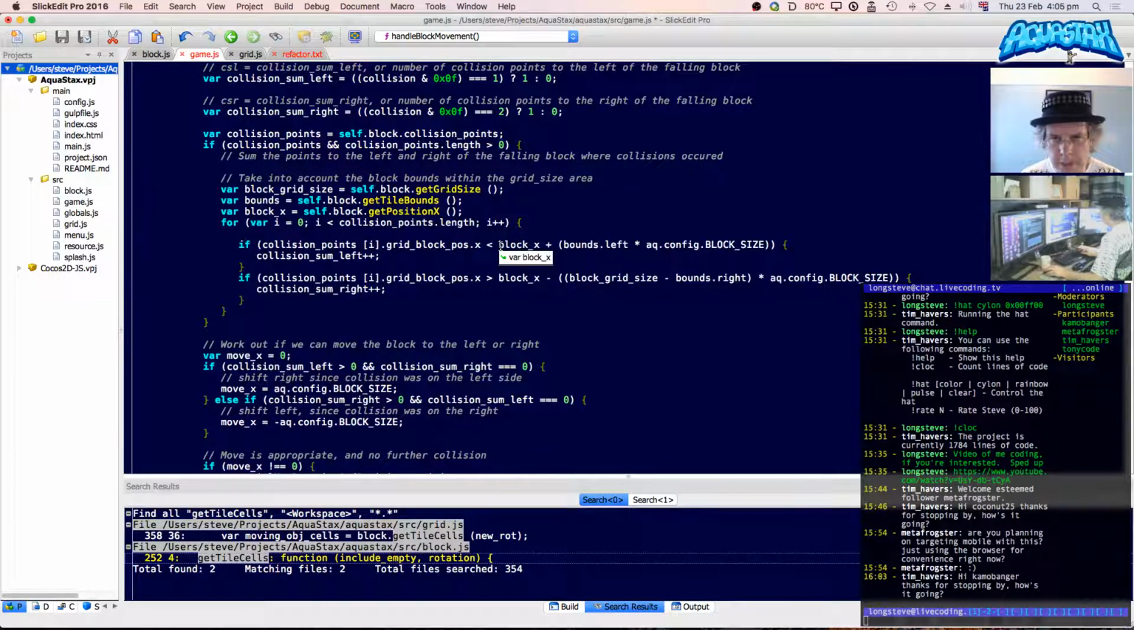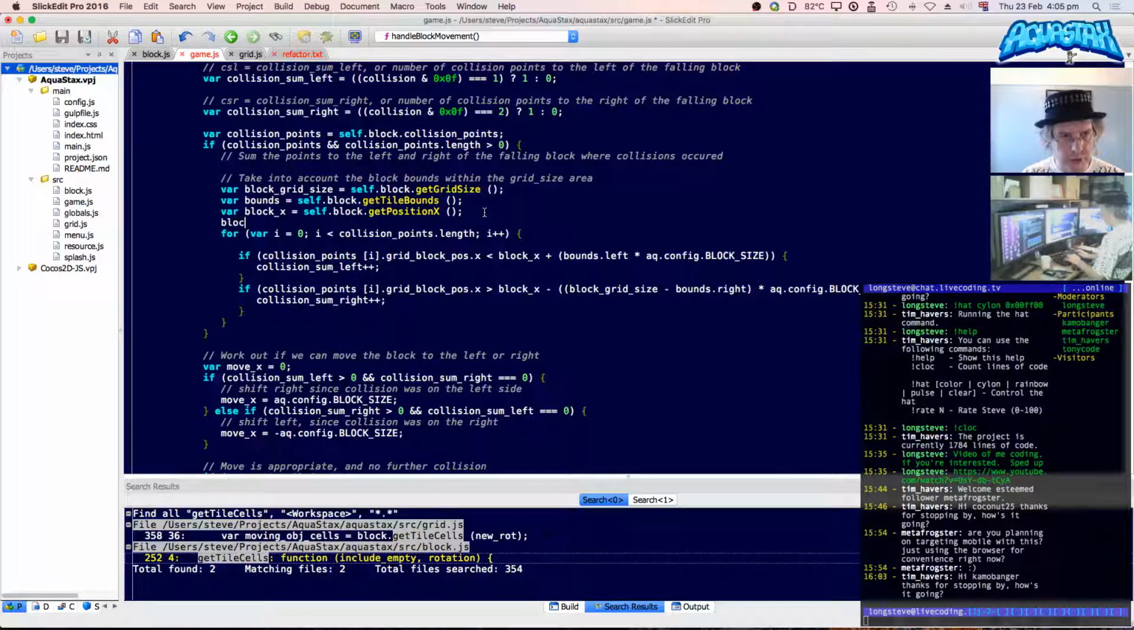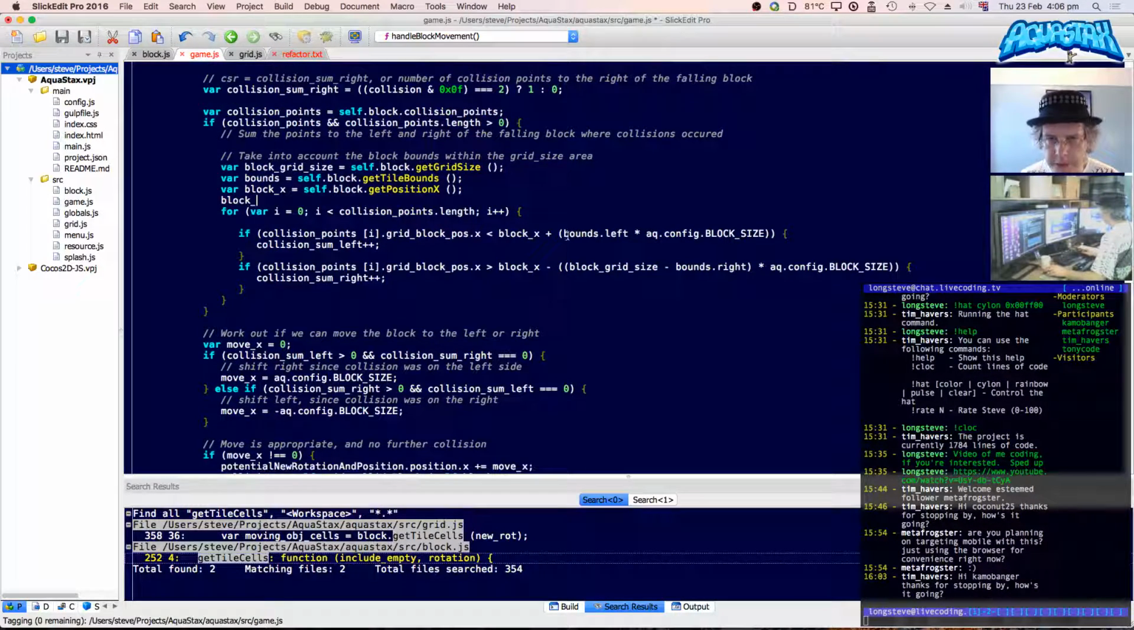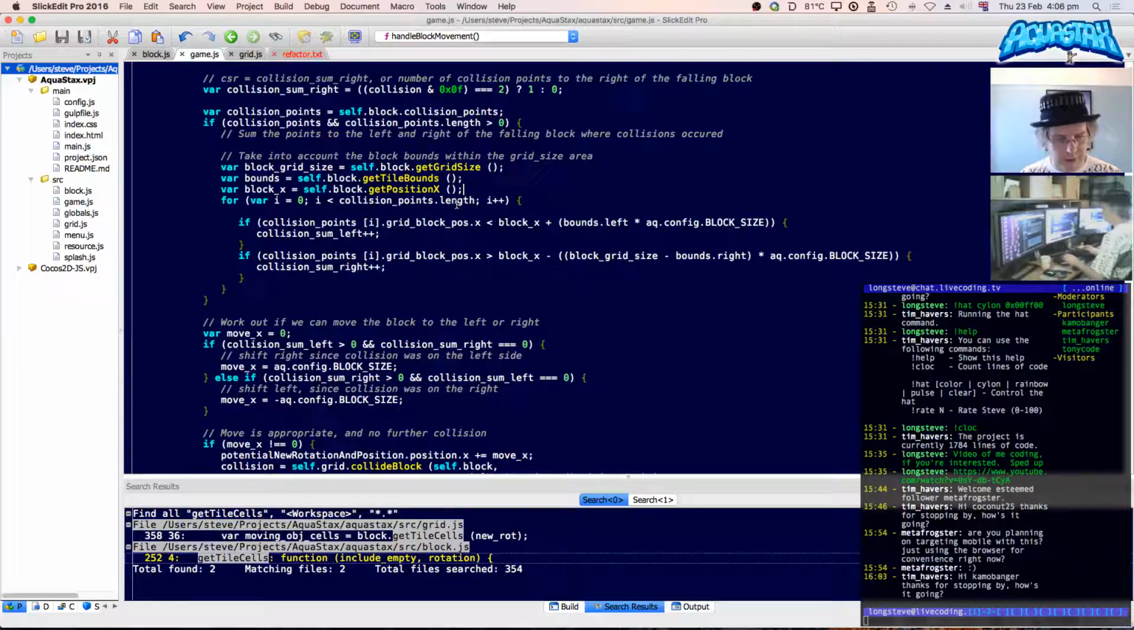Block x dot left bounds. So what I want to do is do block underscore. Actually, no, I can't do it, can I? I was thinking I might be able to just avoid doing this a couple of extra times or more times than I need to. Block x is different when you're testing on the left or the right hand edge of a block, so I can't. Okay, so that's something